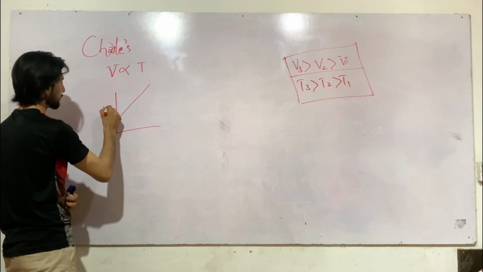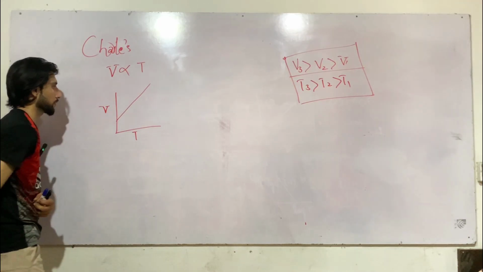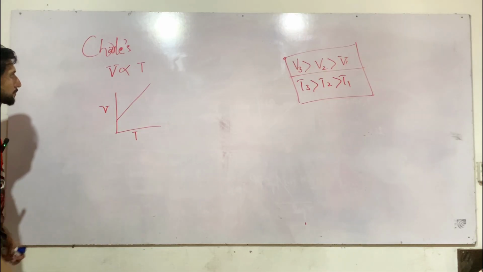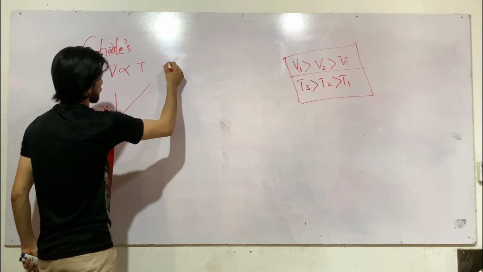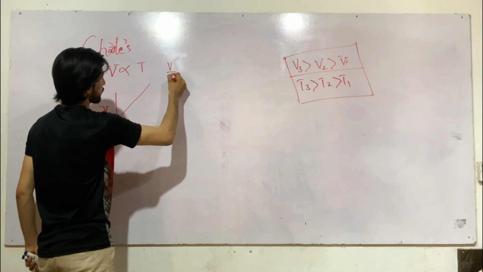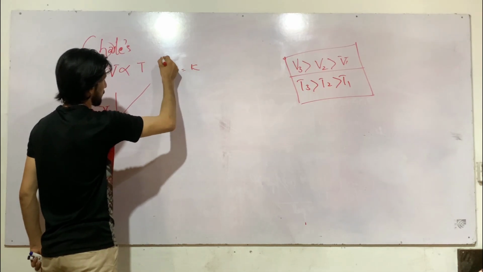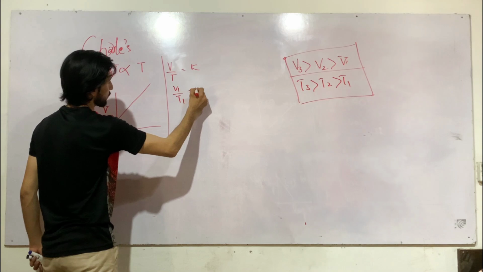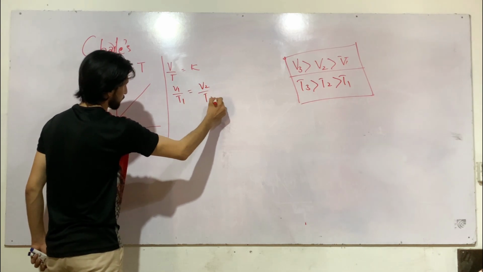Volume versus temperature: as you increase the temperature, the volume increases. So we can also say that V over T is equal to K,